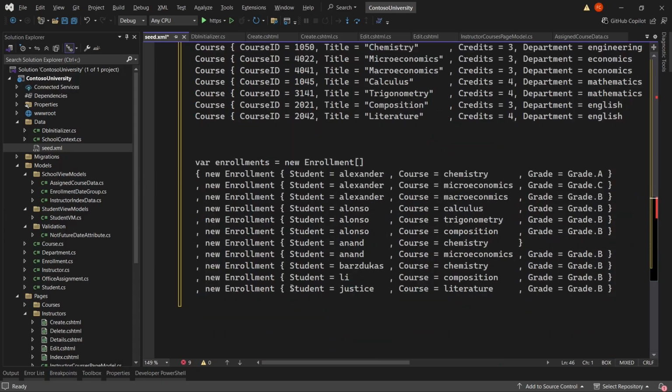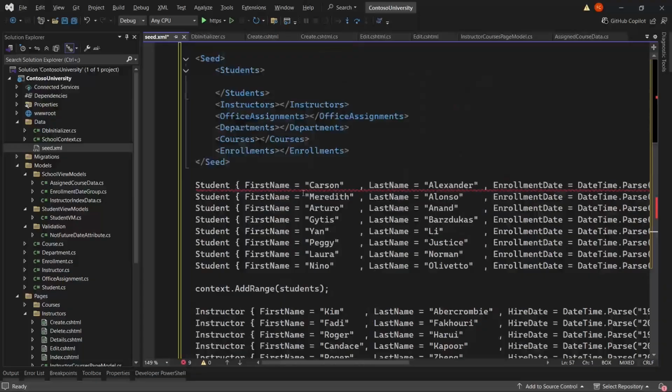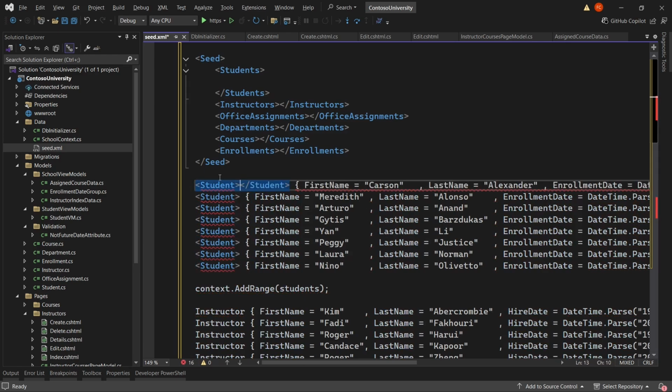So you notice that I'm basically turning them into different individual records. For the different tags, we're going to have essentially individual tags here. So I'm going to take these definitions here